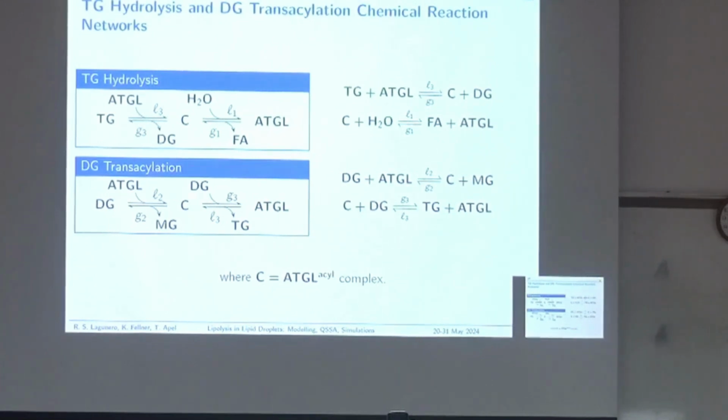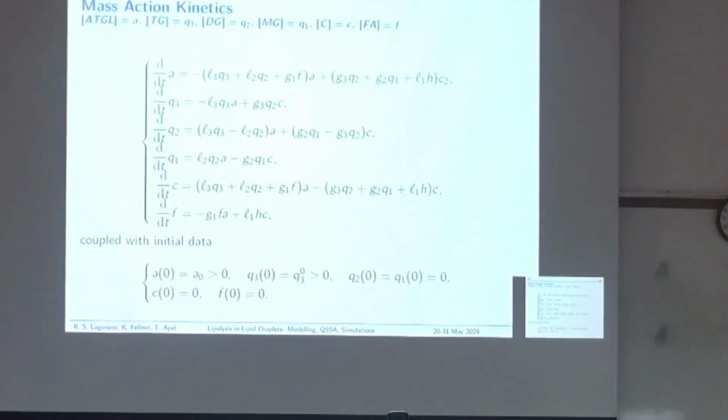And so for DG transacylation, I have detailed here the process also. So ATGL again reacts with DGs, producing the complex, and then the complex grabs this DG and then creates a DG and then releases the ATGL. So with these chemical reaction networks, one can look at the mass action system,